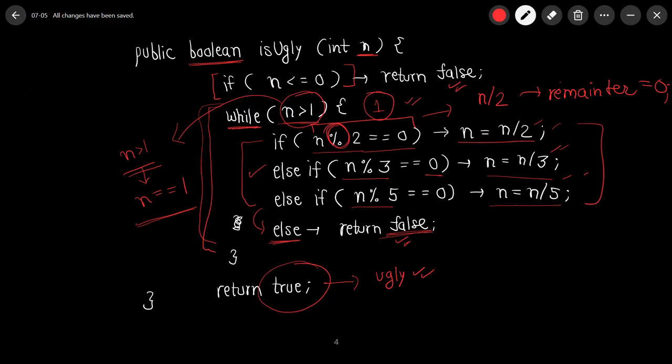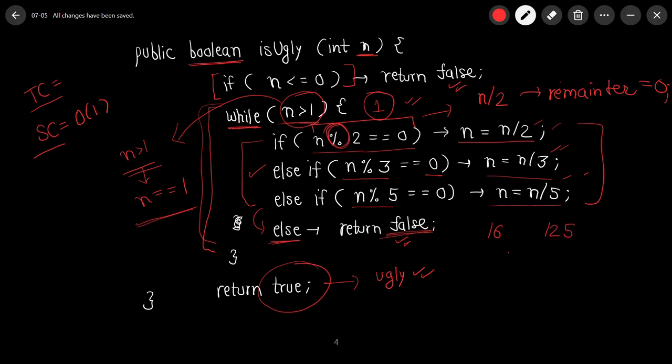Coming to the time and space complexity. Space complexity is simple. We aren't using any additional variable, so space complexity is constant. Coming to the time complexity, this is important. So suppose we had something like 16, and I would take one more example. Let's take